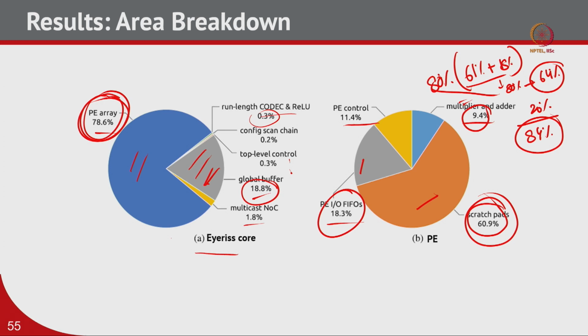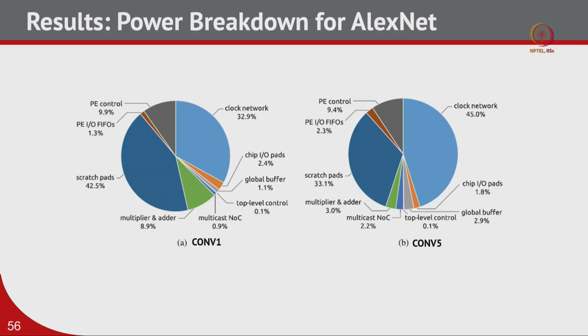So, again the bottom line is we may think that compute is the key, that compute will take a higher area of any of these accelerators or any of these ML algorithm accelerators, but that is not the case. It is always the memory, it is always the storage, right. So, similarly, let us see what happens in terms of power when we execute